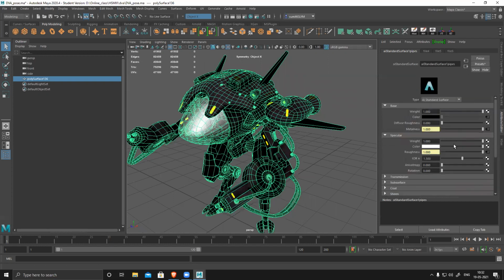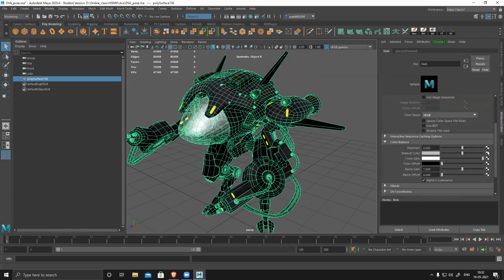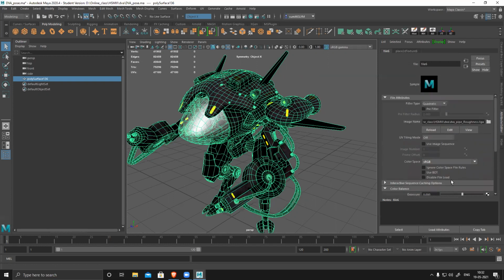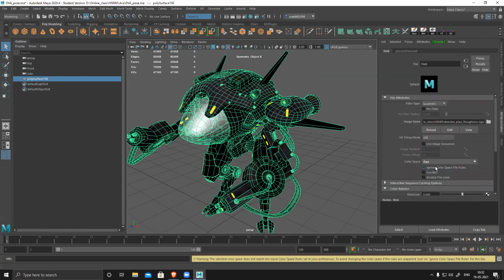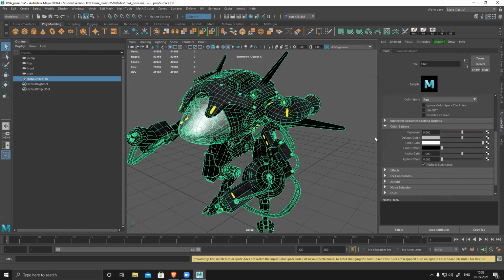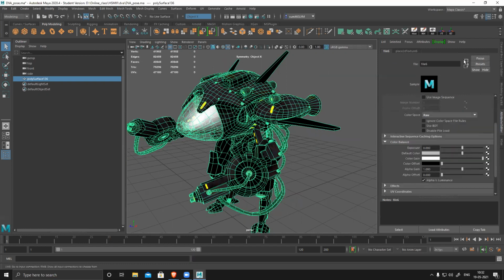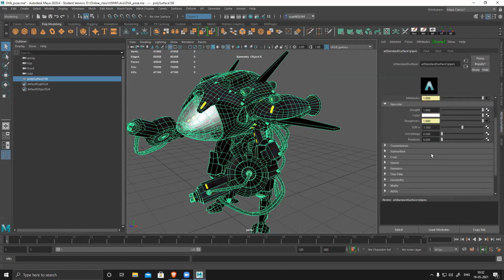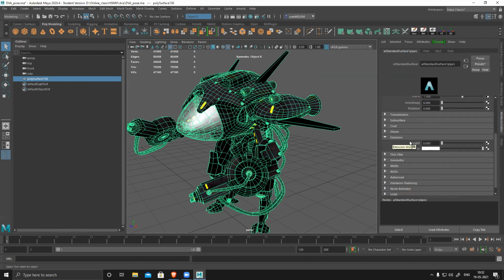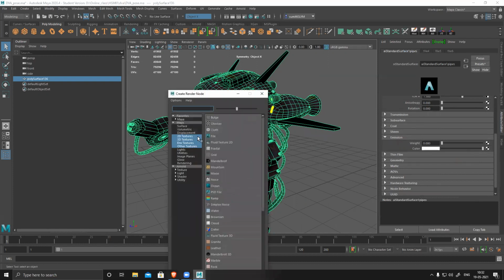So all black and white maps should be raw, and Alpha Is Luminance should be turned on. Then go back. Then roughness, apply your roughness map here. Same thing: raw, Alpha Is Luminance, because the roughness map is also a black and white map. Then back. Then I have this, what do you call it? Emissive, right? Emissive. So emission map, weight, and color. So color, you can choose it from this.